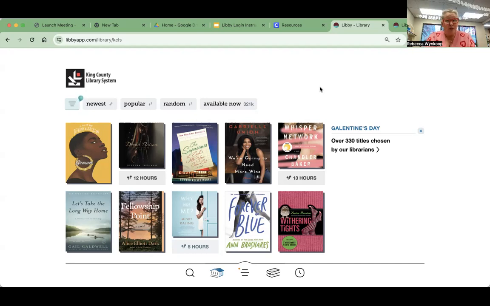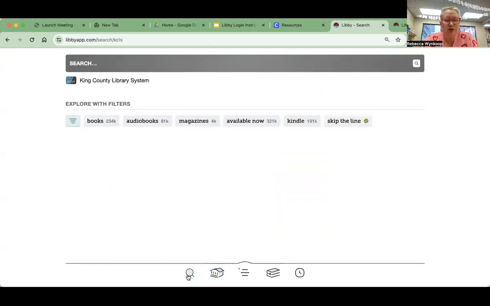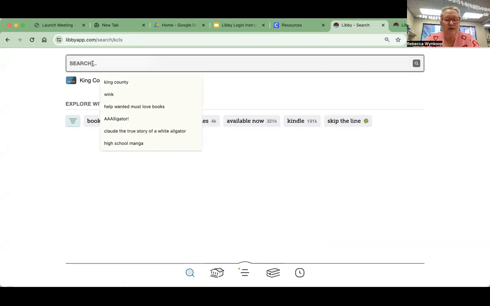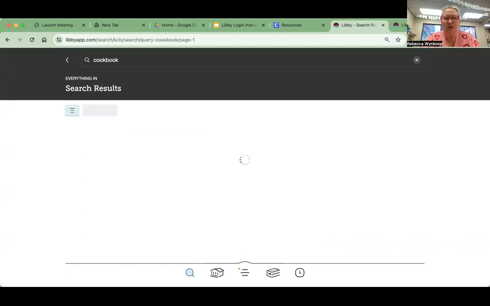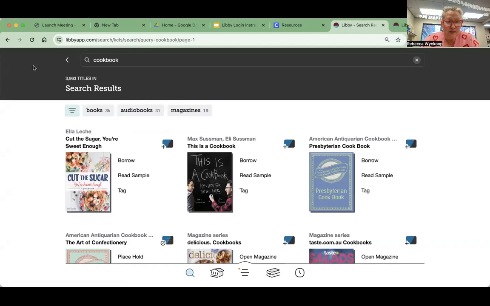In order to get to the cookbooks, we need to access the King County Library systems in this way. So once I've gotten in here and I'm ready to start exploring, I thought I'd show you a couple of different options. One, if you click on the search button, the little magnifying glass down at the bottom, and you click into the search box and you just type in cookbook, right? Just the word cookbook, you'll see that there are over 3,000 cookbooks in the King County Library system,